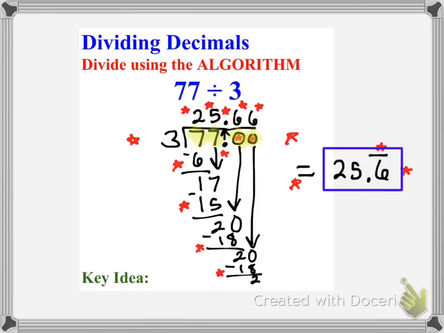But Mr. Burgueño, what if you didn't know it was going to be repeating and you kept on dividing? Well, you also have another option for this one. If you did it that way, here are the other stars that you could get instead of this one. So you have to add another 0, and then that would give you a star for that. And then you bring it down and you end up with 20 again. So you put another 6 up there in the quotient, and that's going to be the last 6 that we need, because now we have 3 digits behind the decimal in our answer,